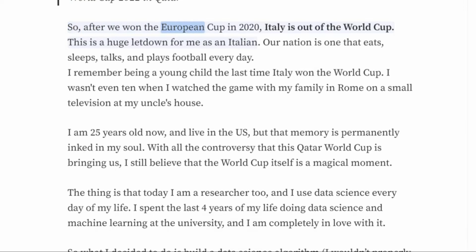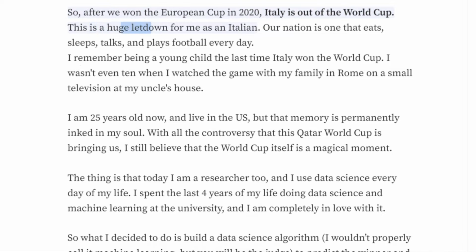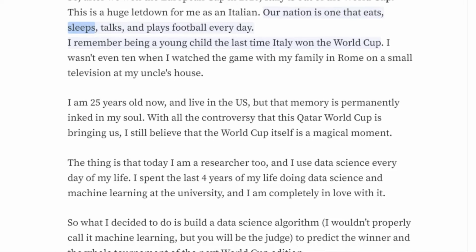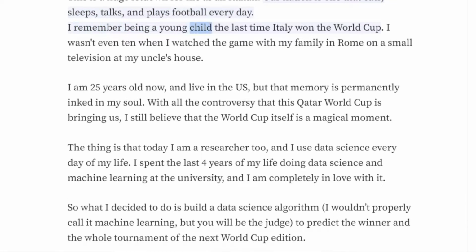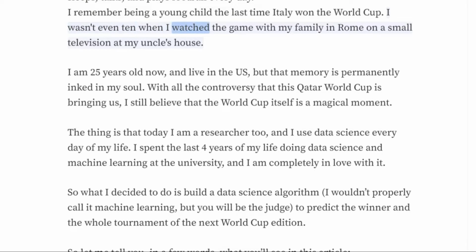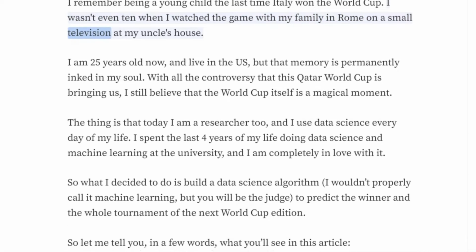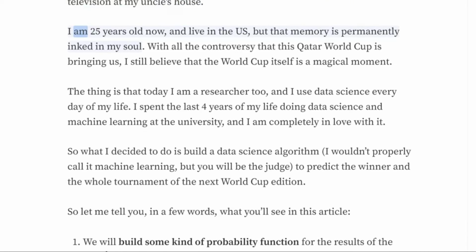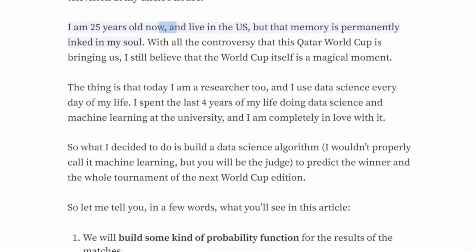So, after we won the European Cup in 2020, Italy is out of the World Cup. This is a huge letdown for me as an Italian. Our nation is one that eats, sleeps, talks, and plays football every day. I remember being a young child the last time Italy won the World Cup. I wasn't even 10 when I watched the game with my family in Rome on a small television at my uncle's house. I am 25 years old now, and live in the US, but that memory is permanently inked in